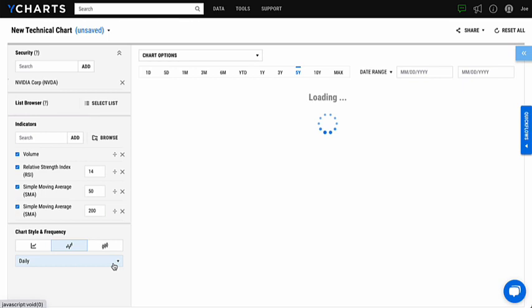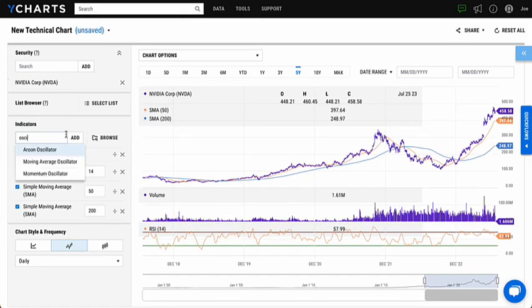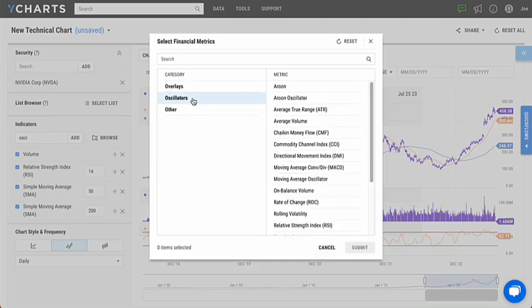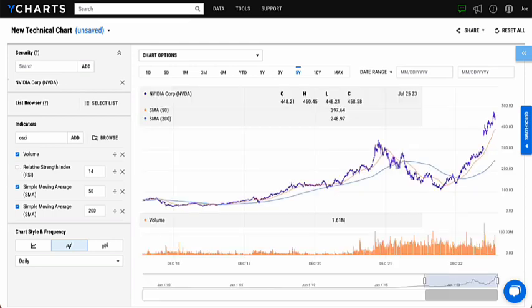Lastly, you can add additional overlays or oscillators to your chart, either by searching directly or browsing from our library. YCharts has over 25 technical indicators to choose from, and it's easy to toggle indicators on or off here on the sidebar. YCharts' technical charts tool is at your disposal to assist with your technical analysis and make smarter investing